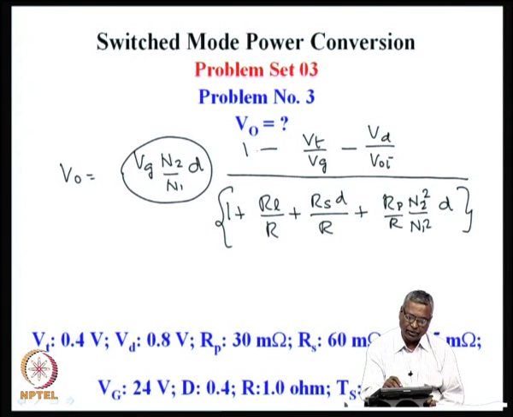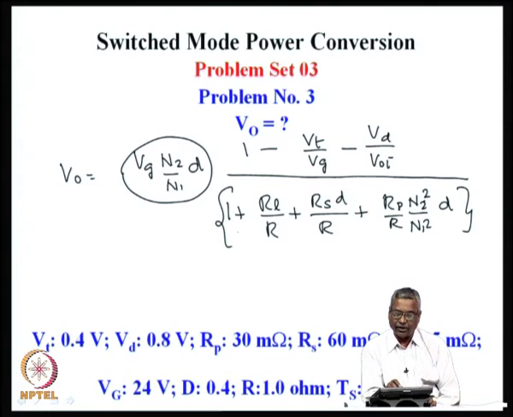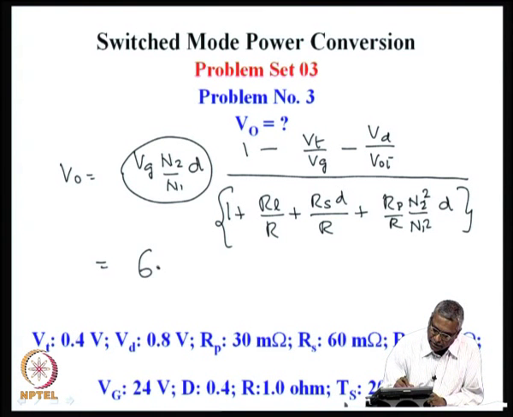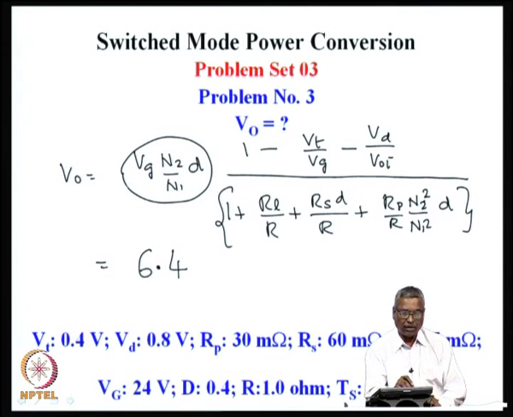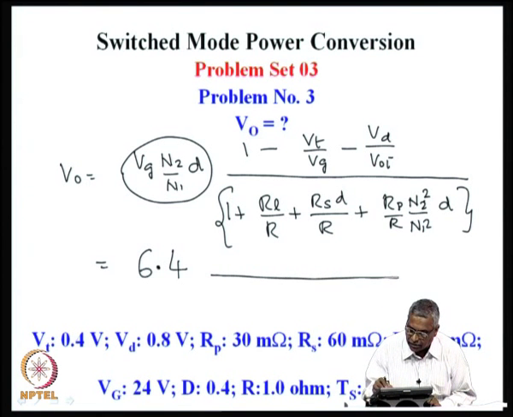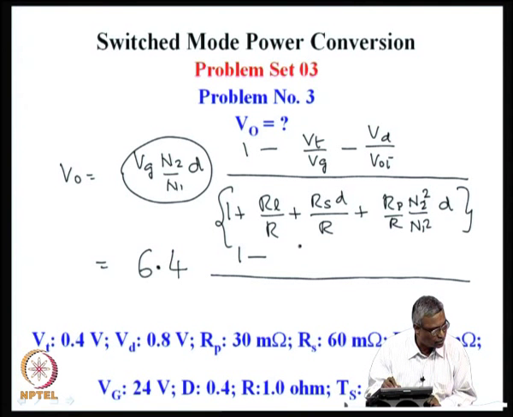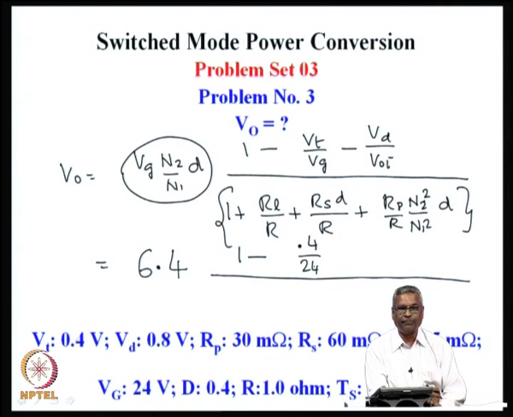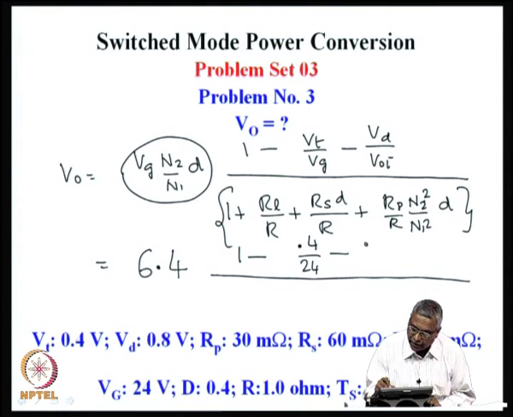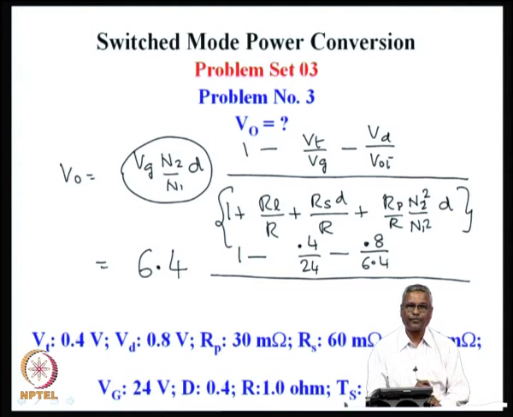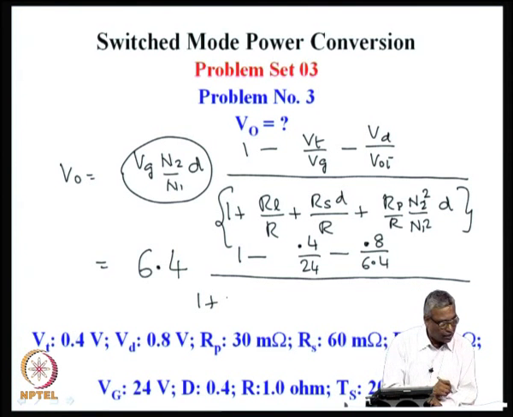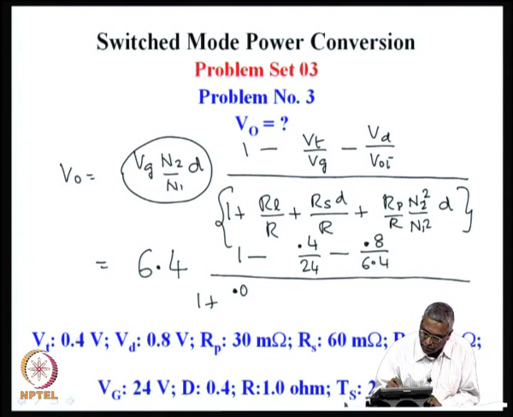So, you can see that all the numerator quantities of this correction factor have several minus terms, and the denominator has several plus terms which are contributing to the change in the output voltage. In our particular case, this ideal gain is 24 volts multiplied by 2 by 3 into 0.4 duty ratio, which is 6.4. And all these other terms, if I put in now, 1 minus 0.4 by 24 Vt by Vg minus 0.8 by 6.4 ideal gain, and divided by 1 plus RL, which is given as 15 milliohm, 0.15 by